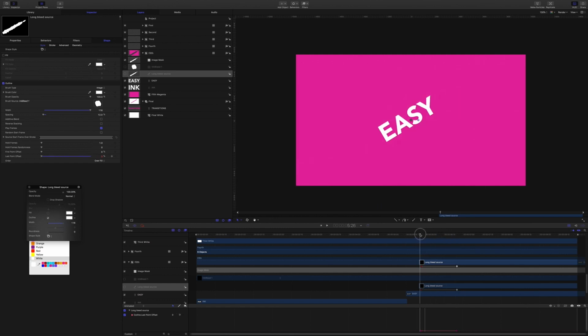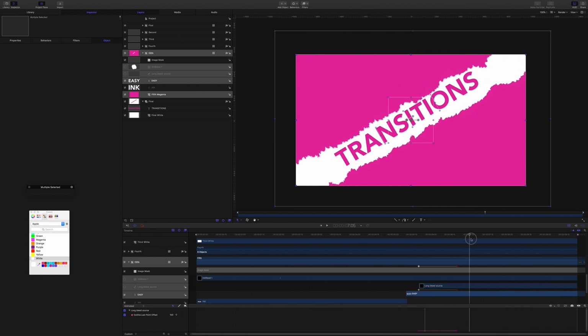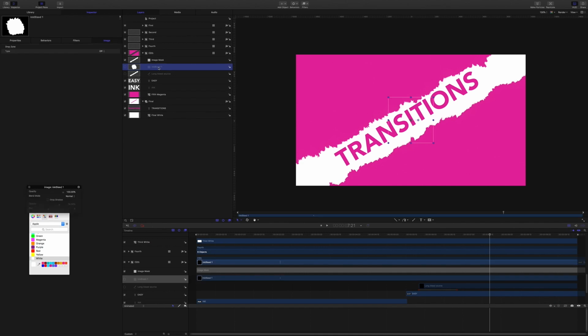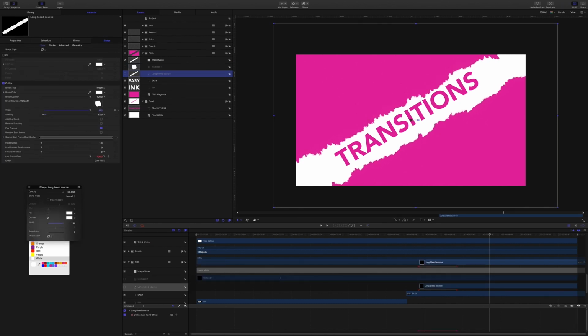So now it's going to write in over 1 second. And I might even adjust that width a bit more to 125. Okay,